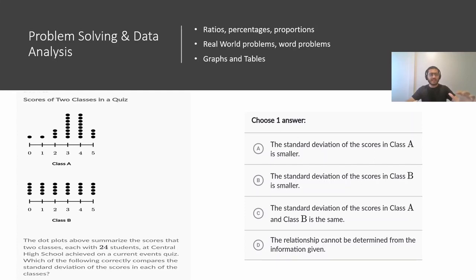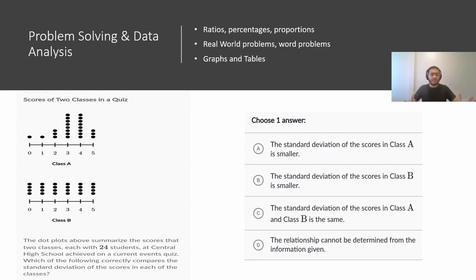A lot of that is constant for a lot of things. But between class A and class B, what differs is the average and how far each of the values are from the average. When I look at class A, the mean value is somewhere between 3 or 4 because those stacks are so much taller. For class B, it would be perfectly spaced between 2 and 3, it'd be 2.5. But when we try and find the difference of each data point from your average, they'd be very far apart because